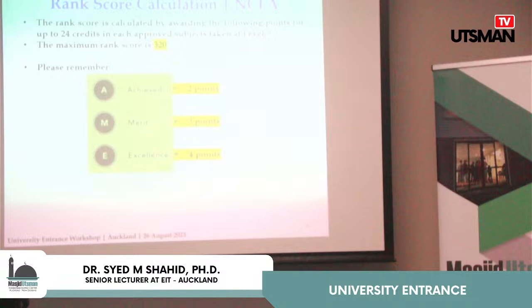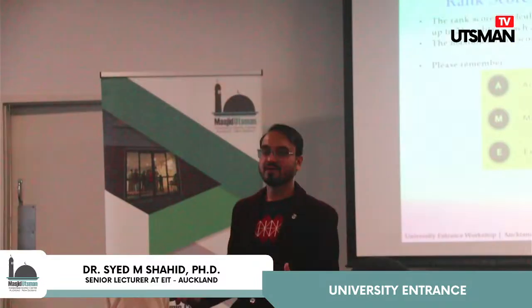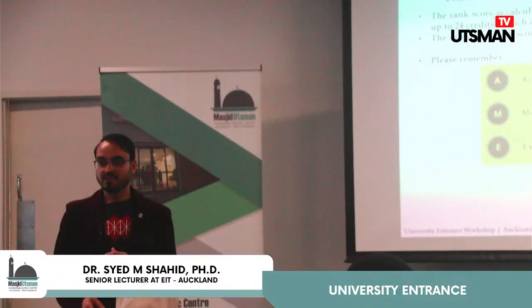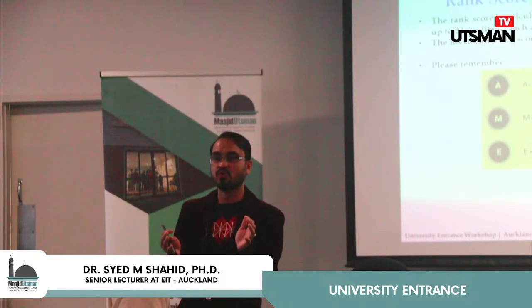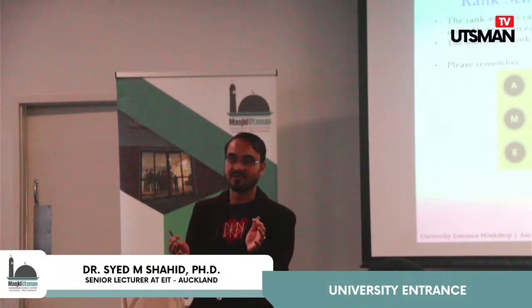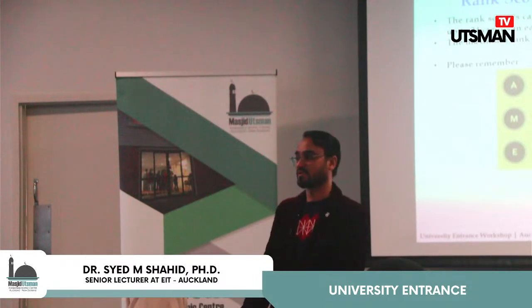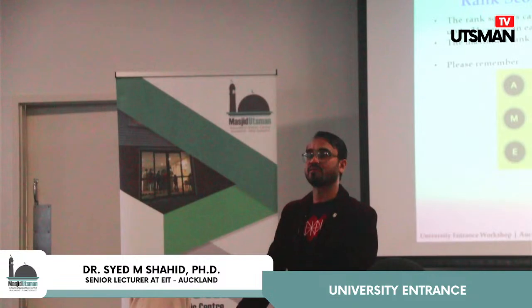But your friend who was studying with you, achieving only, automatically he or she will have 160. So if you and your friend try to get into university, who will the university take in? Simple. The one with more points. Now you need to understand, with equal qualification, with equal subjects,